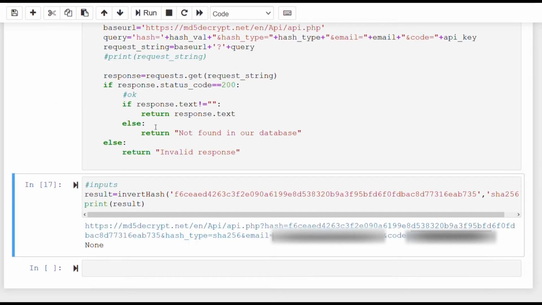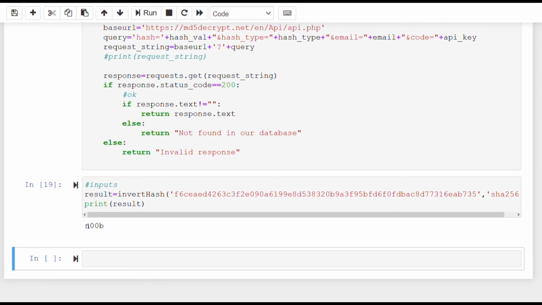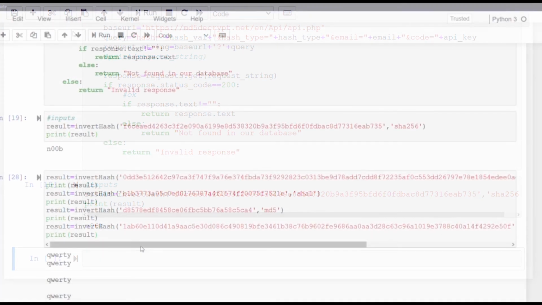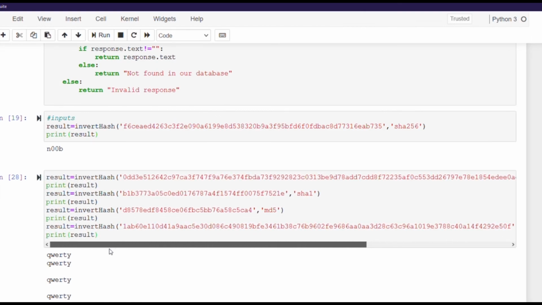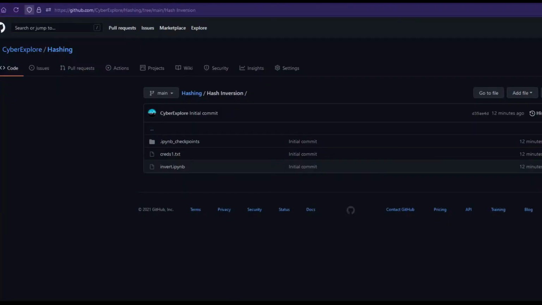Now I'm commenting this and running once again. Here is our output. Noob. That's me, I guess. And here's how you have to call the function if you want to use other hash algorithms. So that's it. If you need the code, you can find some of its pieces in the Github repositories,